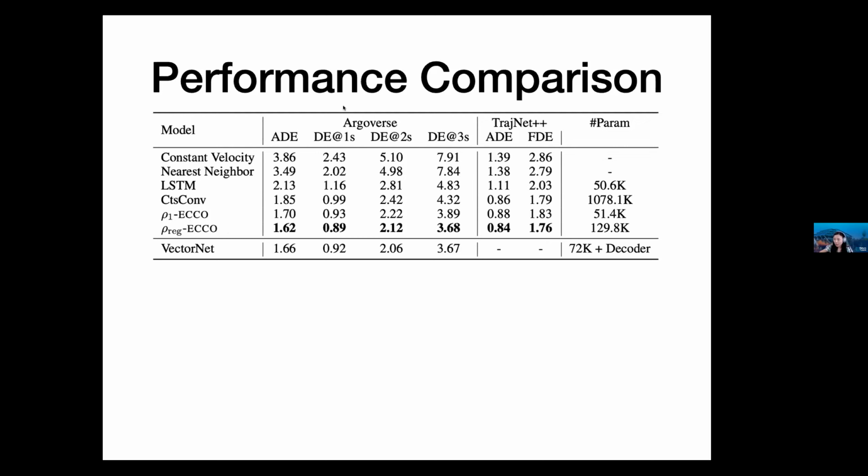So we looked at two benchmark data sets in trajectory prediction. Argoverse is an autonomous vehicle trajectory prediction benchmark. TrajNet is another, a pedestrian trajectory benchmark data set. So we're looking at absolute distance error, in terms of the deviation from the ground truth. The lower, the better. We can see that from 1 second up to 3 seconds, our model achieves the lowest error in terms of forecasting performance for both data sets, right?